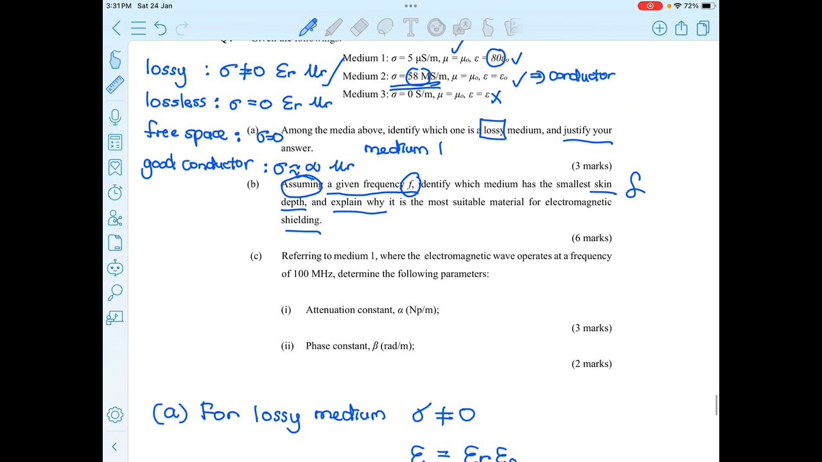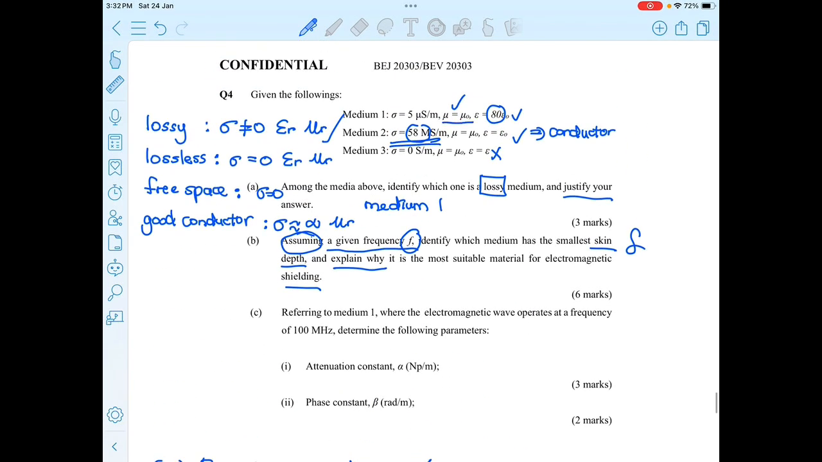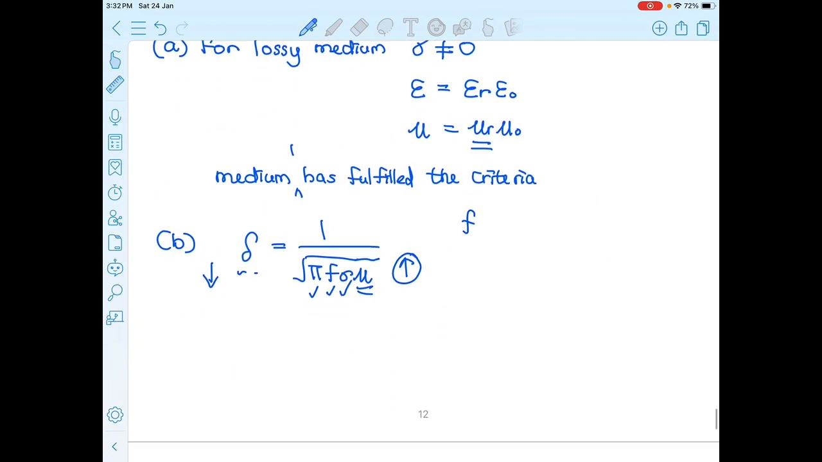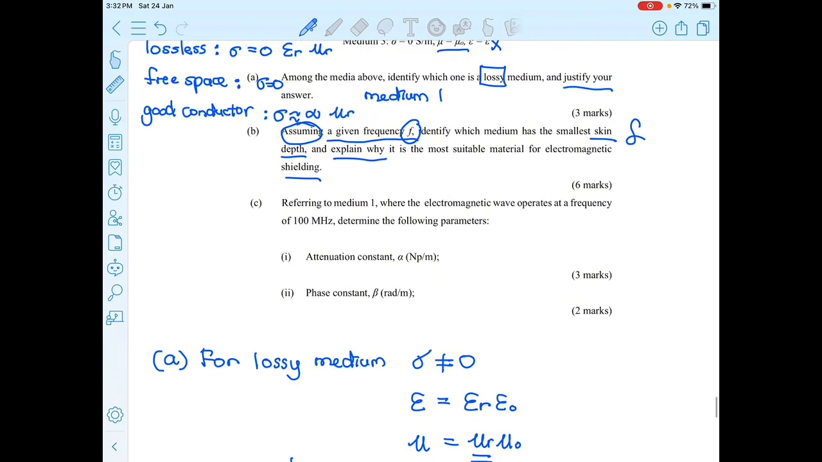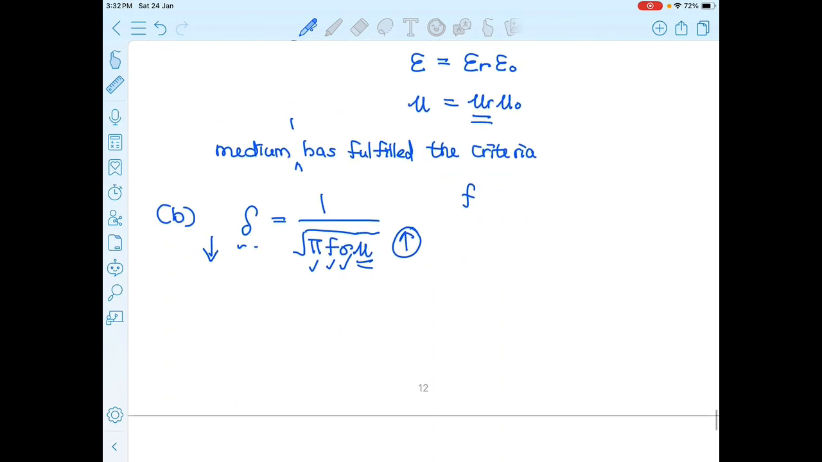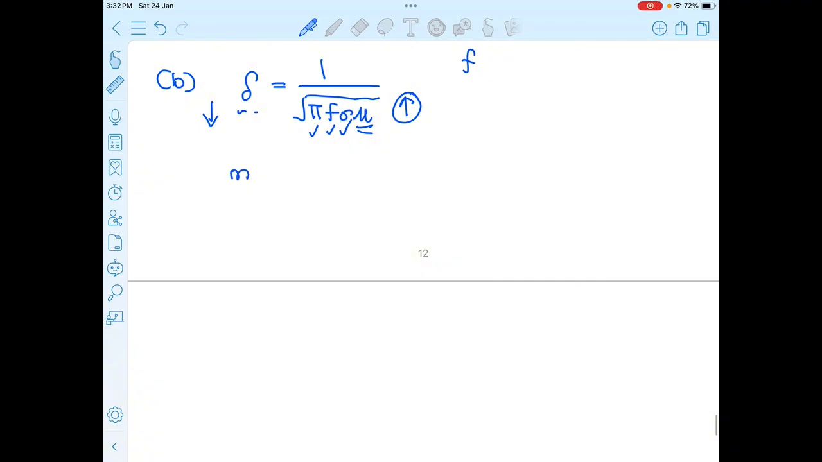This one, you see, for all the mu, they are the same. Okay, so the key point that makes a medium have a smaller skin depth is the conductivity. So here we will choose medium 2, because it's asking which medium has the smaller skin depth. So you can say that this is medium 2